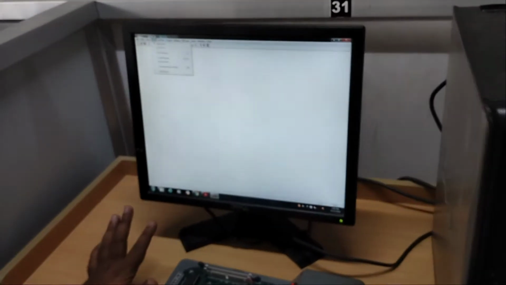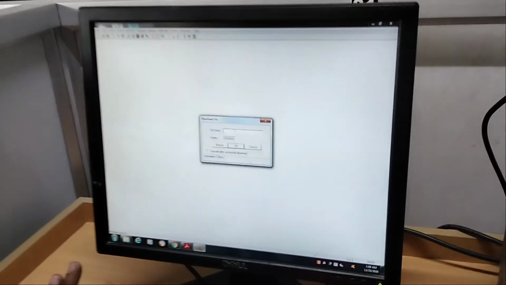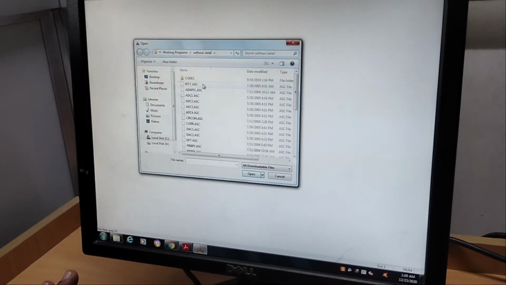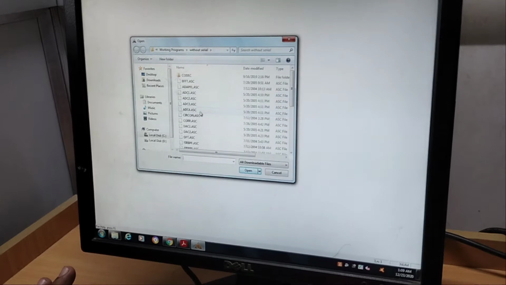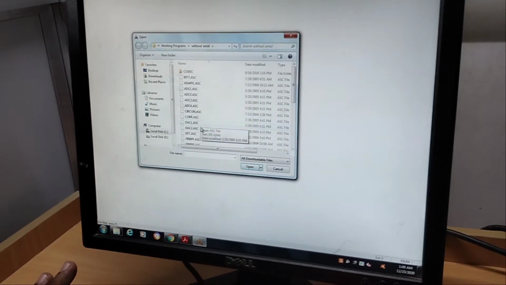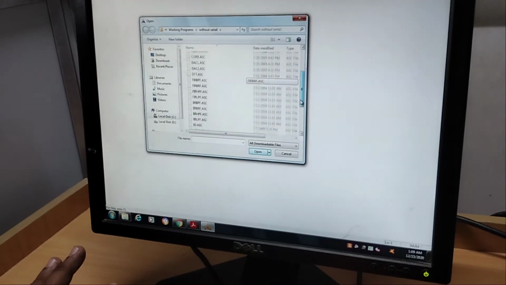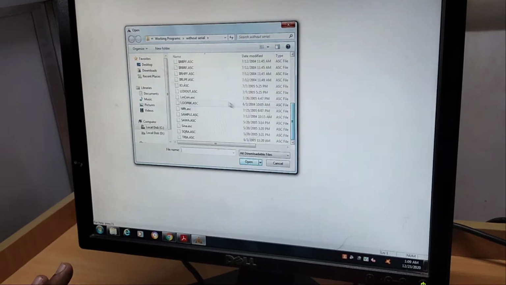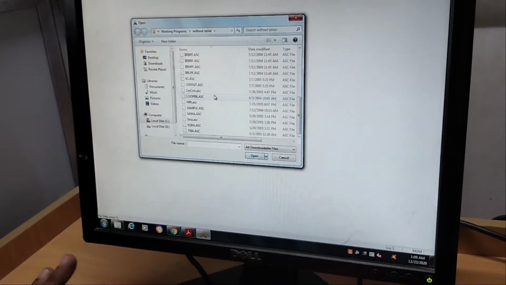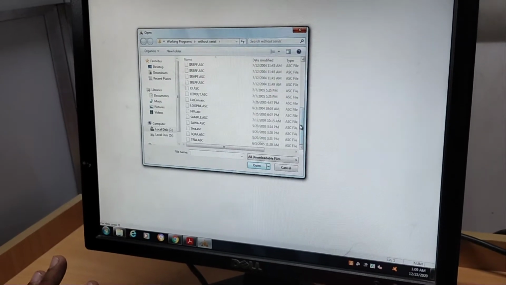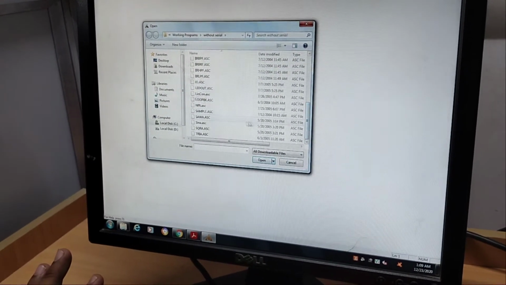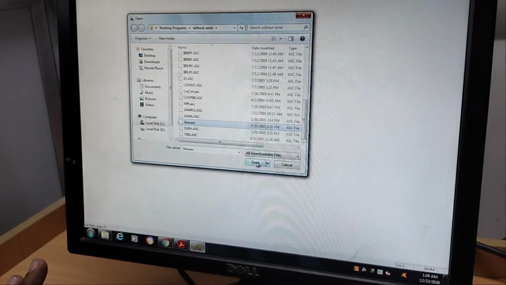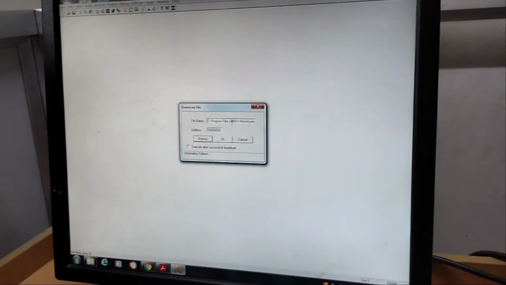Again you have to go to Serial, Load Program, and whatever program you want to download into the processor you can open. You can have FFT, adaptive filter, ADC, circular convolution, correlation, digital to analog conversion, DFT, and FIR. All the filters like low pass, high pass, band reject are available, and linear convolution. These programs are available in your DSP software. If you want to generate signals, open sine.asc, which is an assembly language program. Just click sine, open. Now this program will be available here.